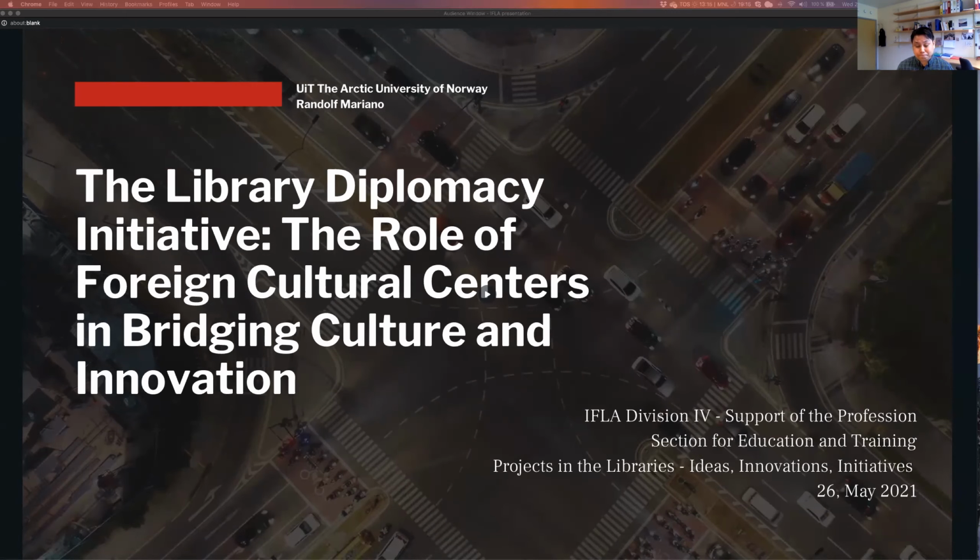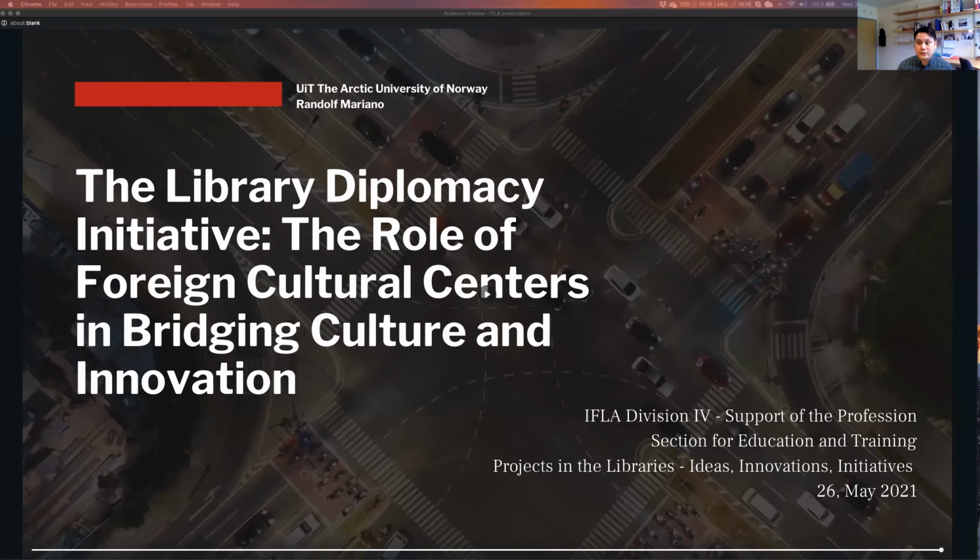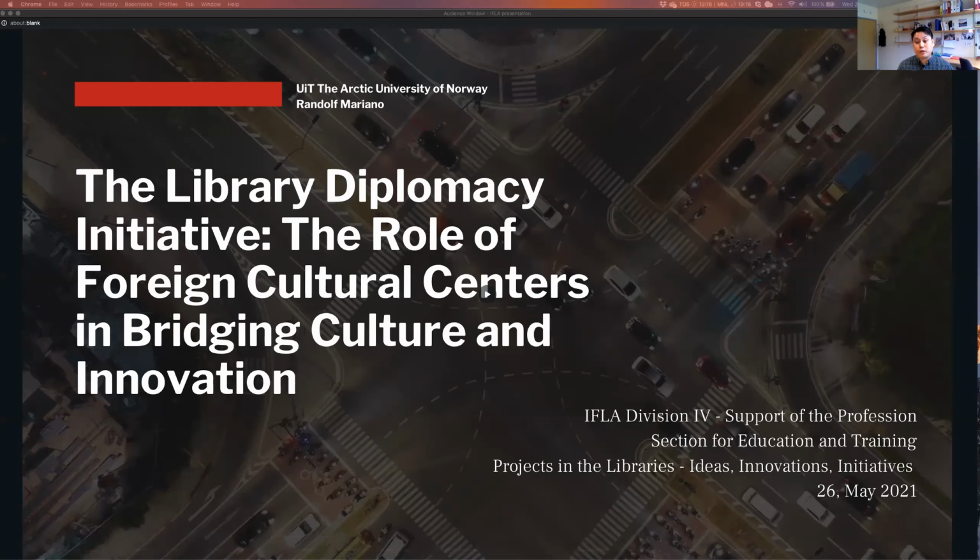So why is this important? With the current global information challenges that we're facing right now in the 21st century foreign affairs, we have seen fake news, we have seen post-truth, information warfare between nation states and countries. There's also this recent computational propaganda, a COVID-19 infodemic crisis, and a wide array of digital reading, science and technology, and environmental literacy gaps that have emerged across the globe. Probably the study on the essential role of libraries, the cultural centers and museums in foreign policy and cultural diplomacy among the international communities become perhaps more essential than ever, and significantly a starting point for a research or a practice to revisit the concept of library